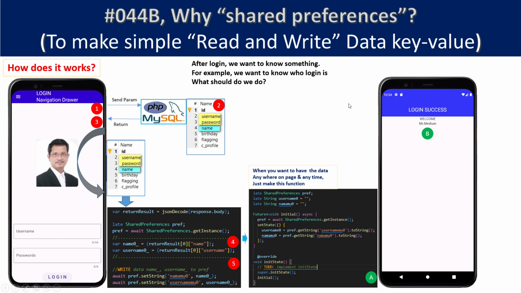Before we start coding, now let me tell you how this diagram works. Here we put the username and also the password. Push this login button, and then the username and password go to the backend.